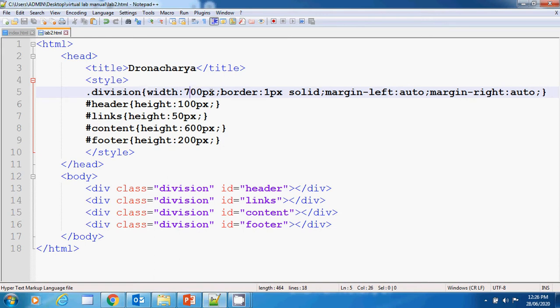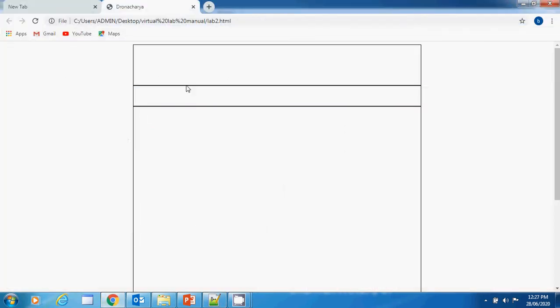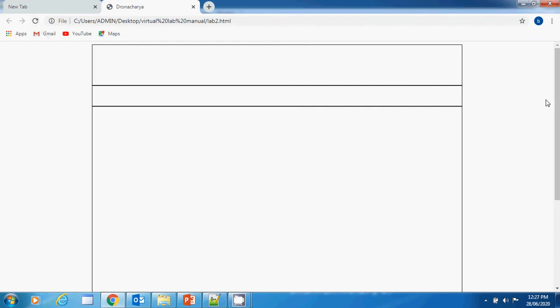Right now we have used 700 px. I'm changing it to 900 px. So automatically all four sections increase from 700 to 900 px. Look, all the changes are reflected in all four divs, right?